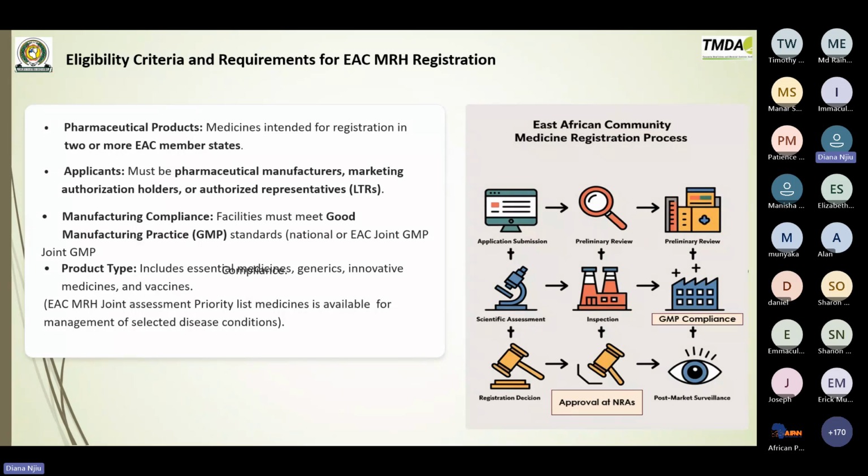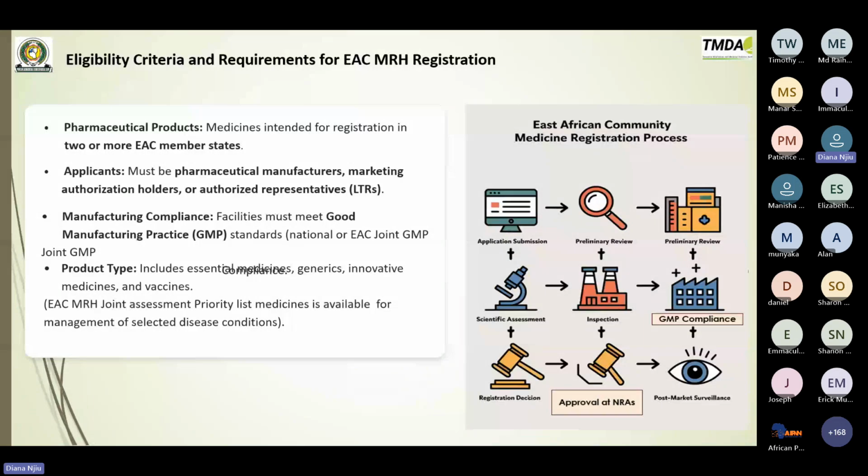So it doesn't mean that the route limits you. You can choose either, but if it is an EAC application, you can also choose the EAC joint GMP inspection. This route also has its advantages. I believe there will be another session when we can hear about it, but it saves time and avoids duplication of work, like approaching each individual country every time, rather than using a single route and accomplishing the inspection at the same time.